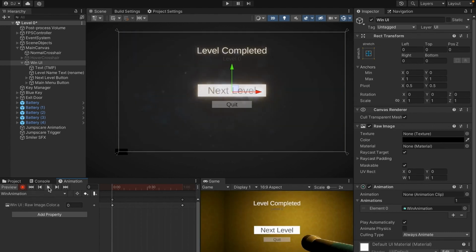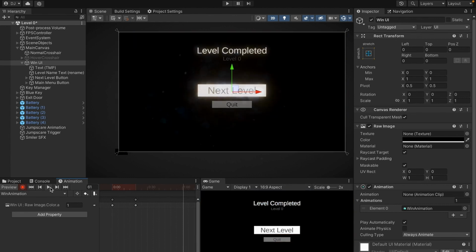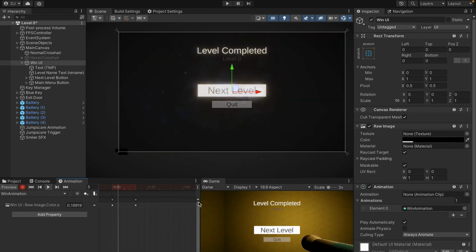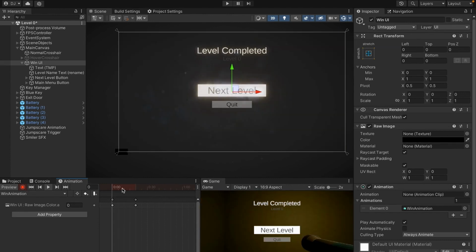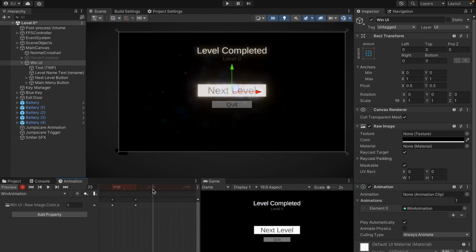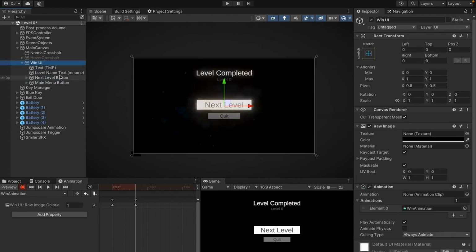I don't like how slow it is though, so I'm going to go ahead and drag this over to maybe the 20th frame instead of the first second mark. And now if I press play, you can see that it slowly gets darker, in an effect that I kind of like. The last thing that I'm going to do, this part is completely optional because it's a little bit